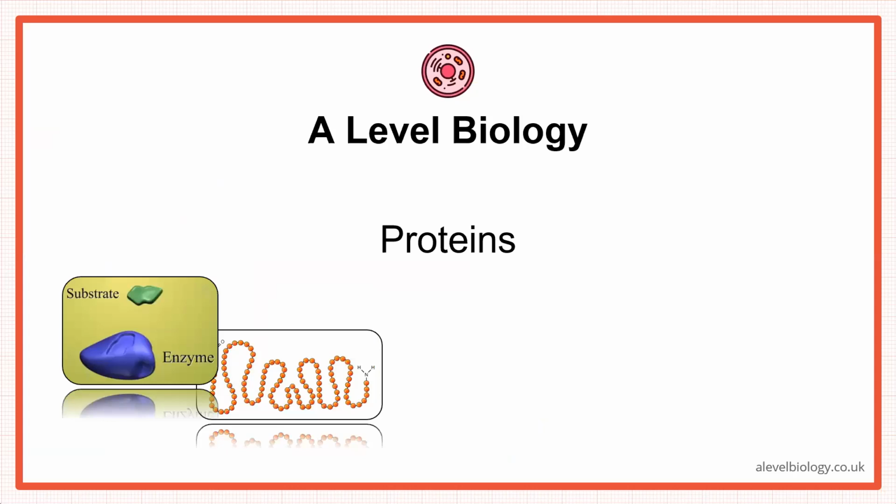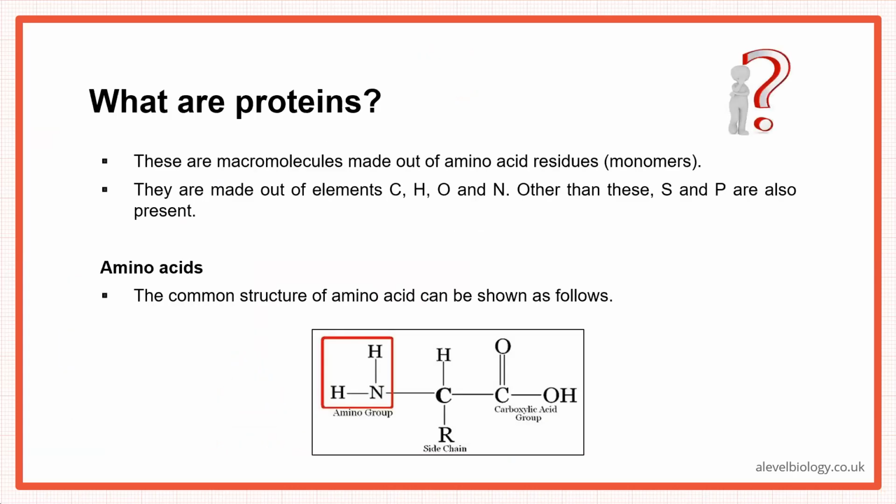Okay, beta. So let's start with this. Proteins, beta, they again are macromolecules. Macromolecules means beta, they are very big molecules, large molecules, and they are made up of, okay, their monomers are actually amino acid residues. So they are made up of amino acids, and again beta we'll be talking about 2 functional groups there.